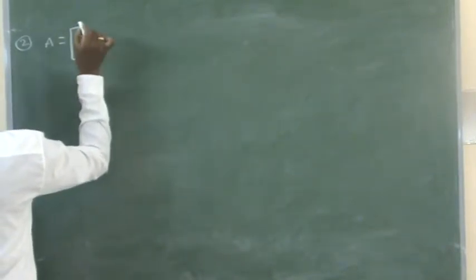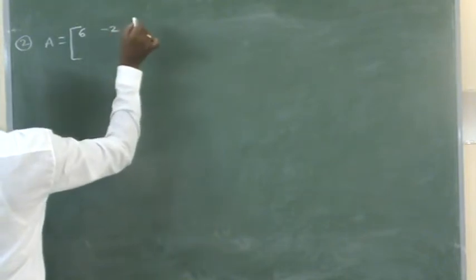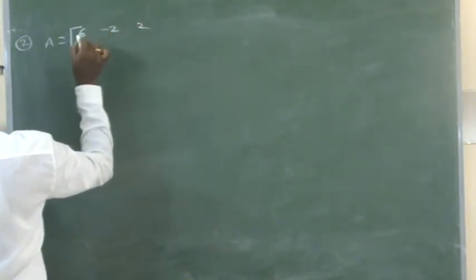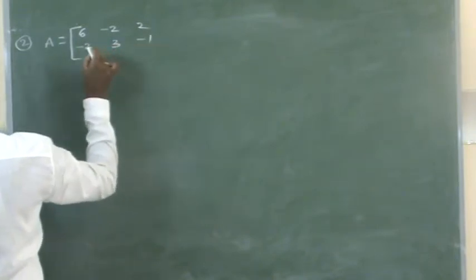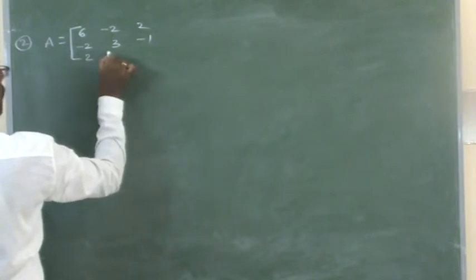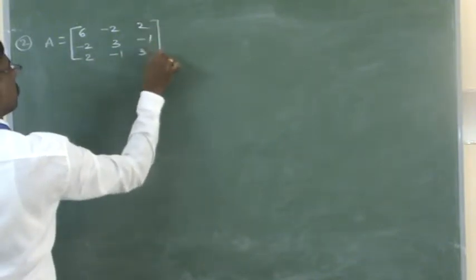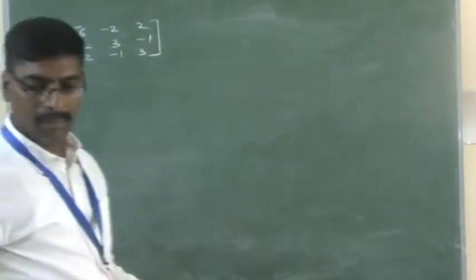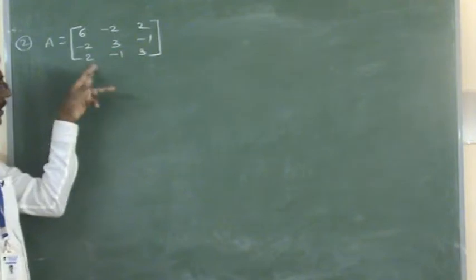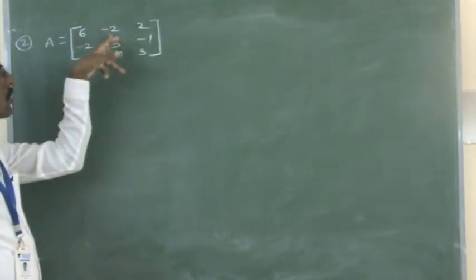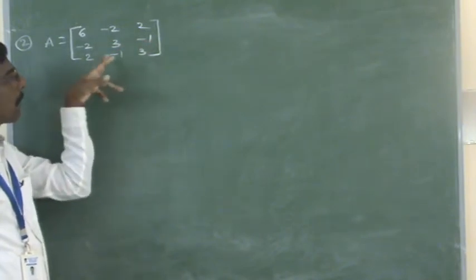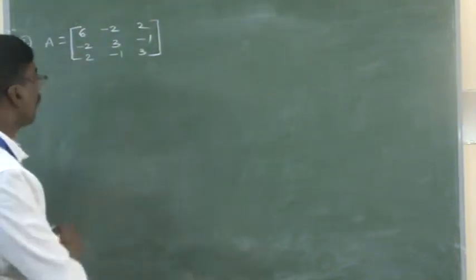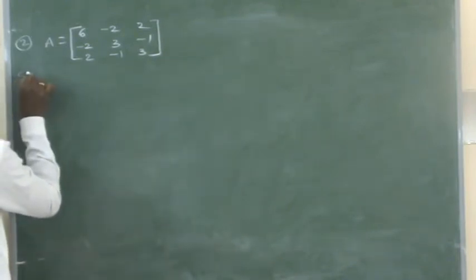Matrix A is 6, minus 2, 2; minus 2, 3, minus 1; 2, minus 1, 3. This is the problem: express the given matrix as a sum of symmetric and skew symmetric matrix. Same condition in this matrix also. First we need to find